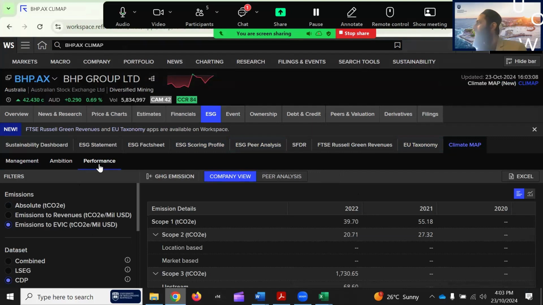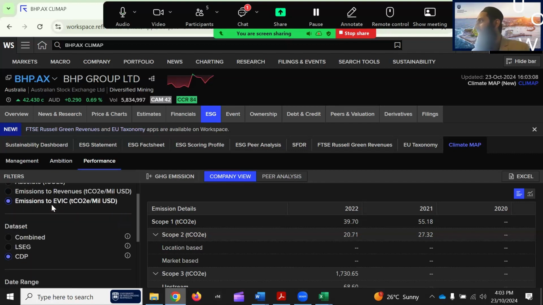So management of the climate issues, the targets and ambitions on the climate issues, and the performance relative to the targets. Yes. So under the management and ambition tab, there is a database called the CDP. And Refinitiv has full access to this CDP database. Because this is completely new, CDP was not part of Refinitiv previously. For CDP, you need a different subscription. I don't know, through WRDS, but it requires a different subscription.